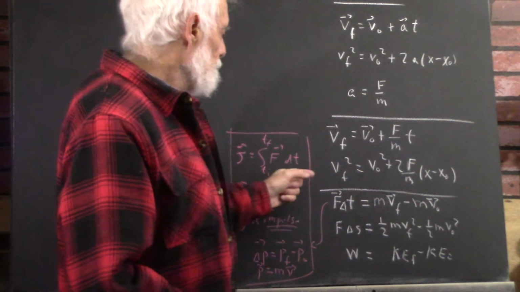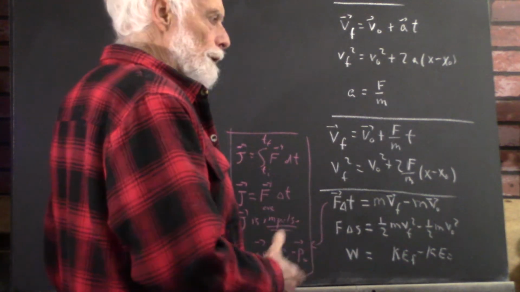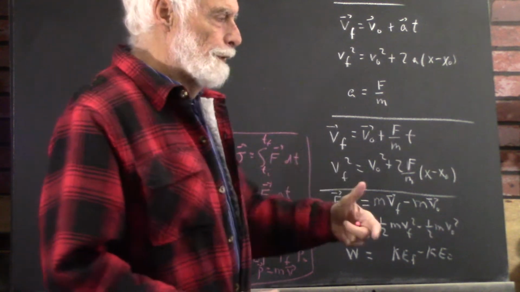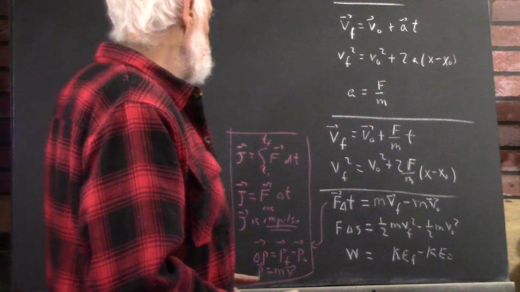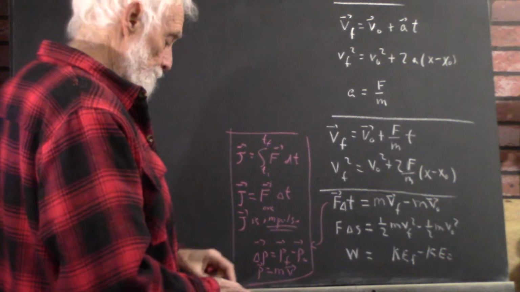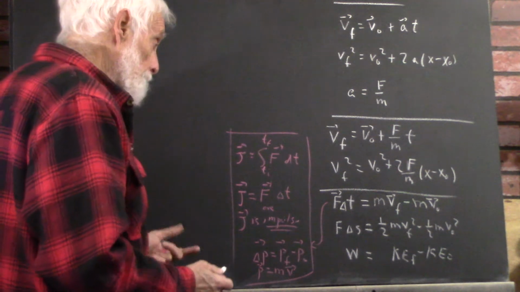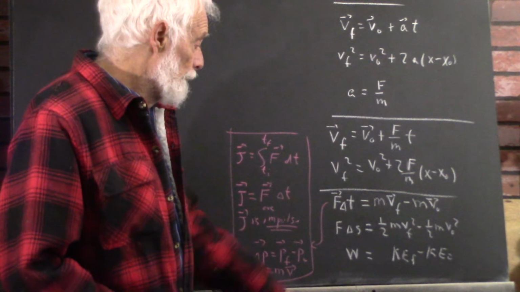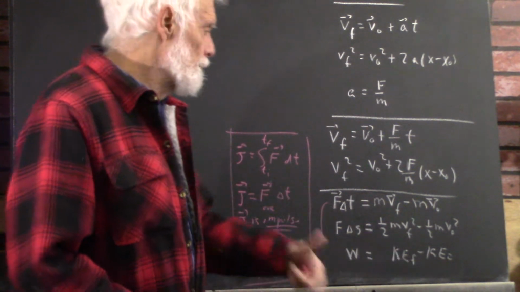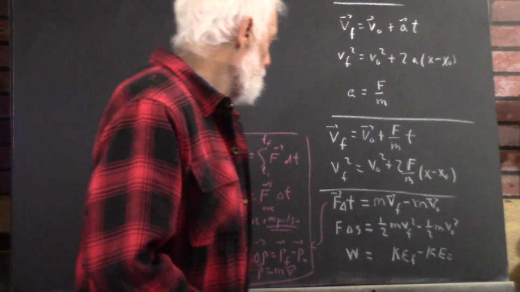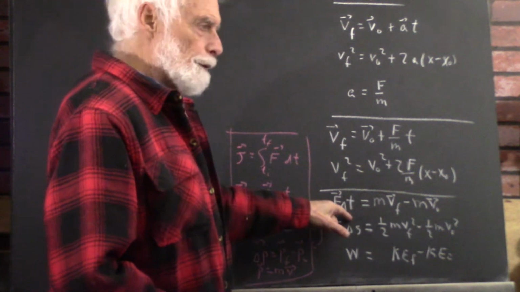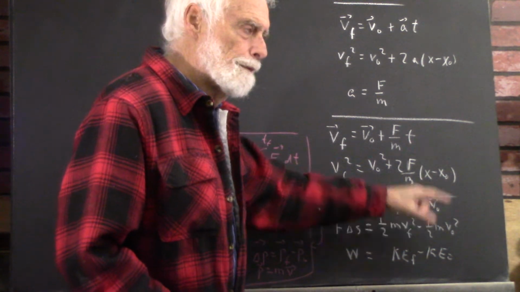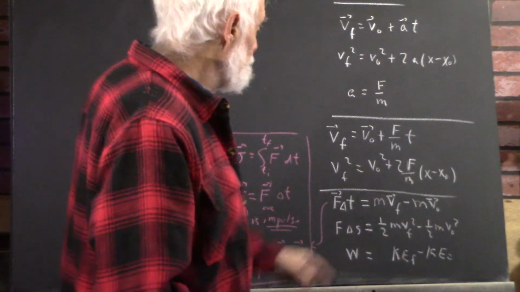So kinetic energy is what you get essentially when you integrate your force with respect to distance. Impulse is what you get when you integrate your force with respect to time. And they have different results. Again, your work, which is what you get when you integrate your force over distance, is a change in kinetic energy, which goes as the square of velocity. And your impulse is where you integrate your force over time, and it depends on just the velocities. Also, the velocities are